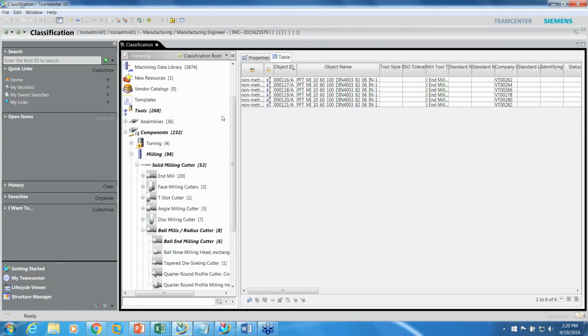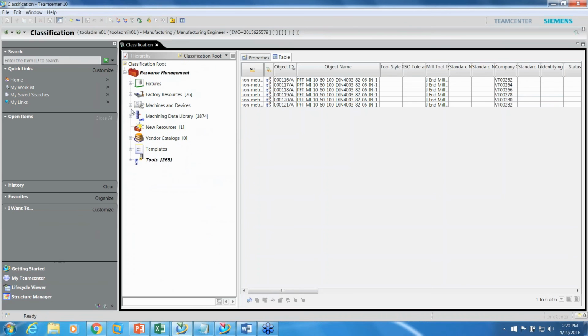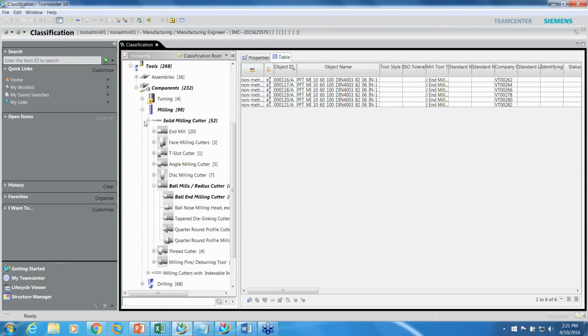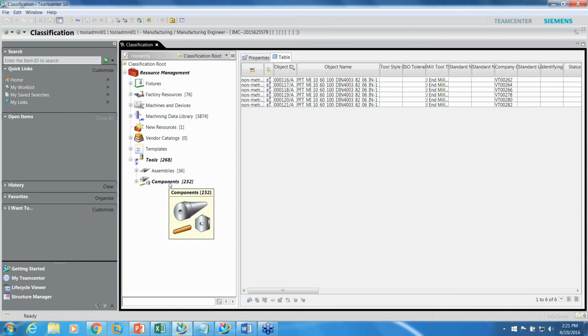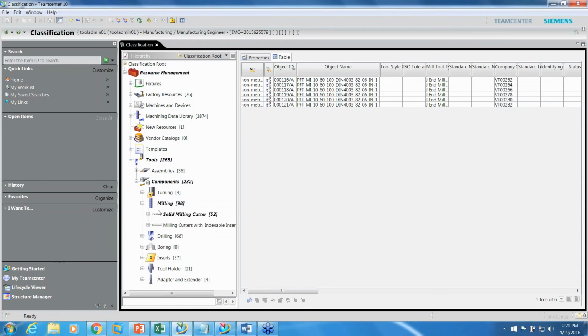So I've actually got it there already, but let me back up here and show you how I would get there. I'll close things down. So in MRL, you've got fixtures, factory resources, all of these different things that pertain to the manufacturing process. The one on the bottom is tools. Okay, under tools, I'll collapse those down a little bit. So under tools, you have assemblies and components. What we are doing is you build assemblies from components. We are building components. So I'm going to go within components, milling,